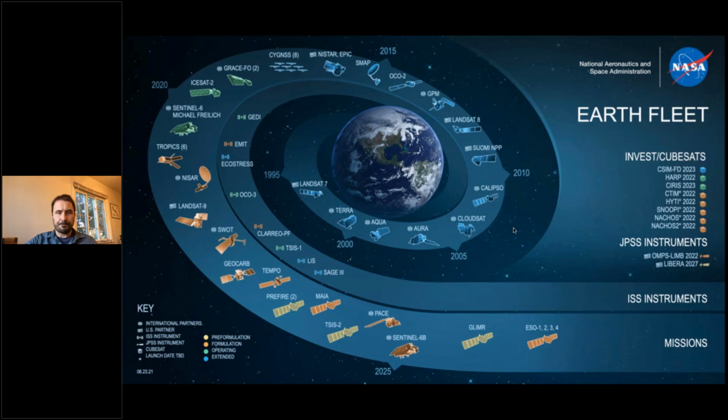And then to sort of bring this back a bit more directly to what I do, I work at the NASA Goddard Spaceflight Center in the Earth Science Division, and this graphic is sort of required to be shown as a NASA scientist, and it is presenting the current operational as well as pre-operational and formulation missions that NASA is operating. And so we can go all the way back to Landsat 7, which was launched in the mid-90s,